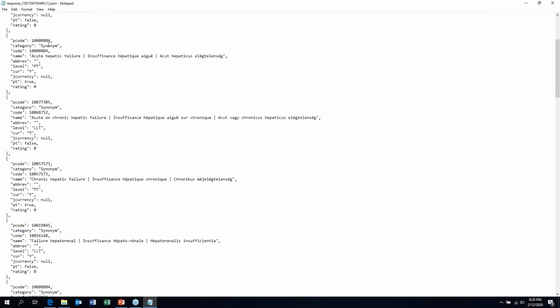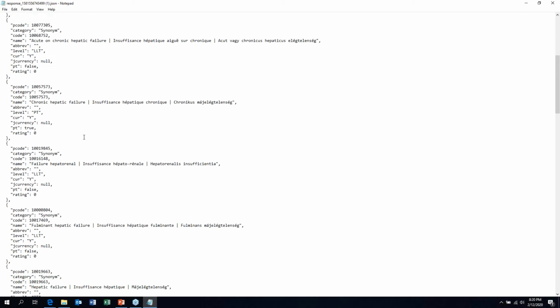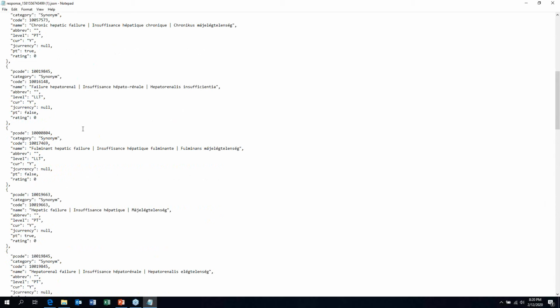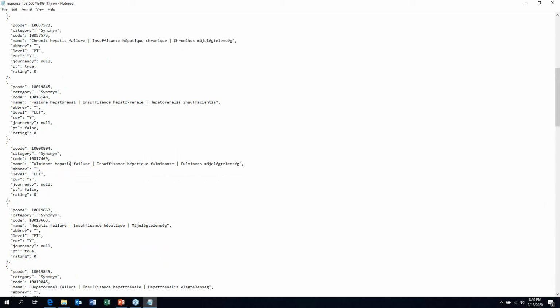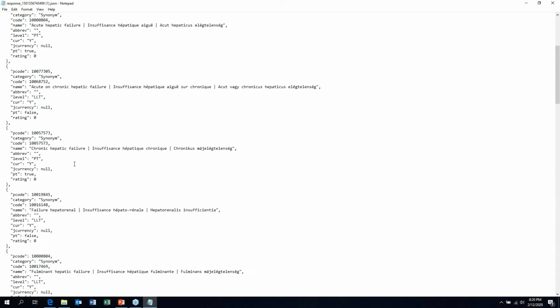This is where we have these high-level synonym groupings for things like liver, hepatic, which mean the same thing, or renal, kidney. And it pulls up terms that contain, in this case, hepatic with them. So you have acute hepatic failure, acute on chronic hepatic failure, and so on. And then if you scroll down far enough, you'll see the contains grouping. Again, this is exactly like what you see in the web-based browser.